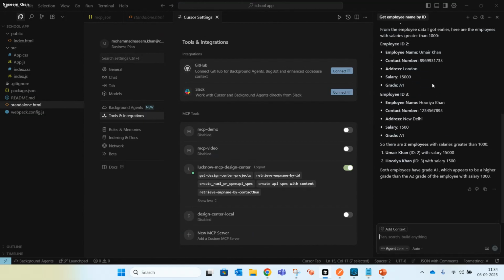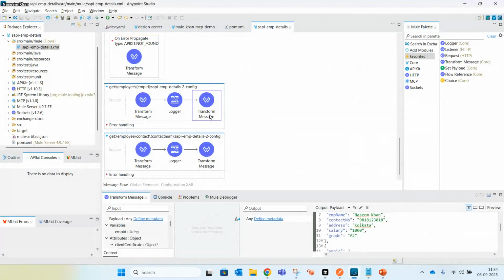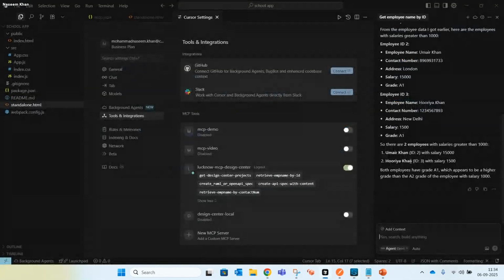So I have just asked, can you retrieve the employee details whose salary are greater than 1,000? If you see here, for Naseem Khan it is 1,000, for Umar it's 15,000, and for Huria it's 1,500. So it should show two records, for Huria and then Umar. So you can see there are two employees with salary greater than 1,000.